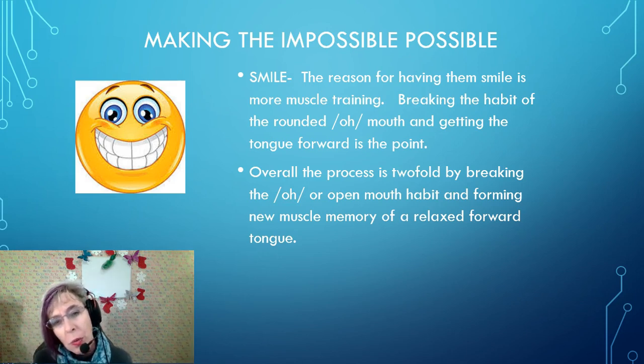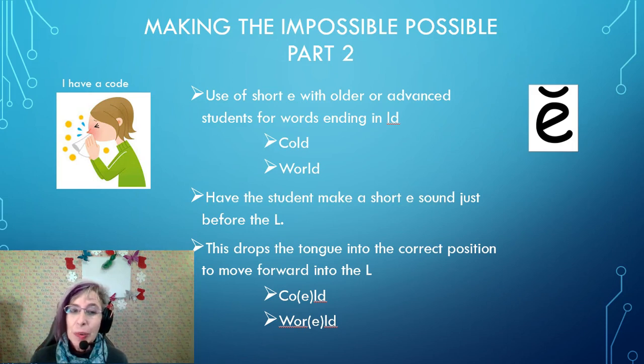Now, there's another one that's a little bit harder and I reserve for older students, more advanced students. And that's where you have that L in the middle of a word, like cold and world. And invariably, oh, I have such a bad coat. No. Or this is the biggest animal in the world. All right. So in these cases, what I have the students do is I have them drop a short